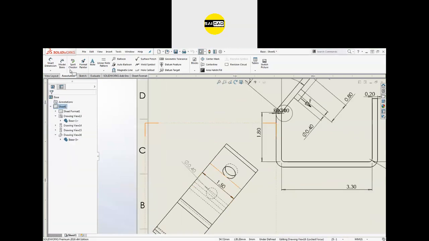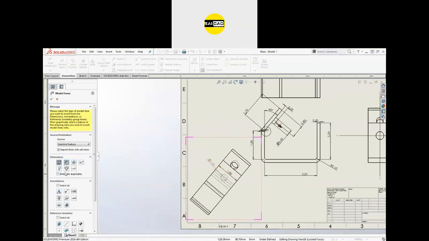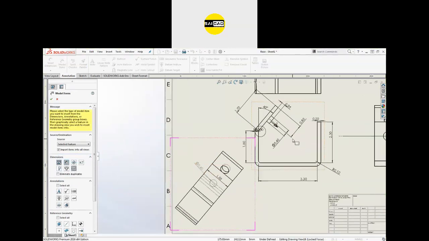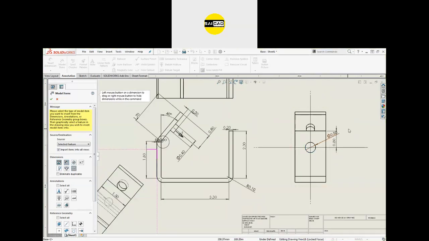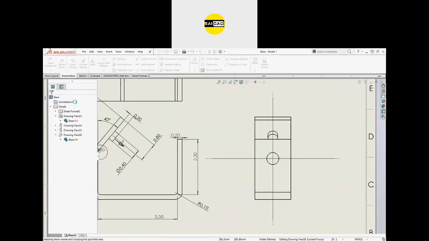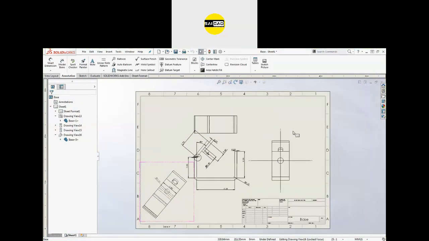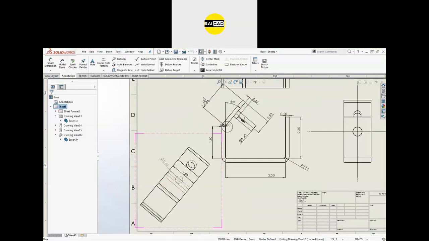Okay, so once more, let's check if we have any dimension for this one, or let's check for the whole, if we can assign a whole column. Okay, you can see we have a value here, but we don't have a value for this view because I think I have created it in some different type of view. So like this way, you can create an auxiliary view from any angle or any edge. You just have to select that edge or the face. You can create a view.